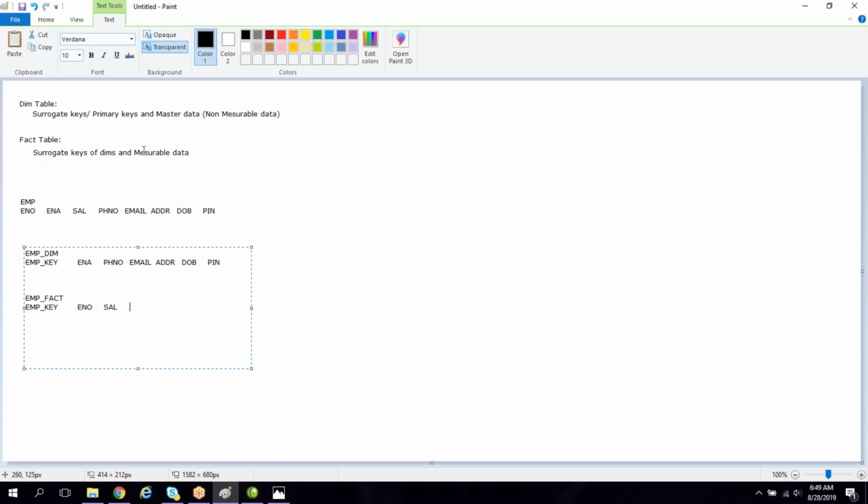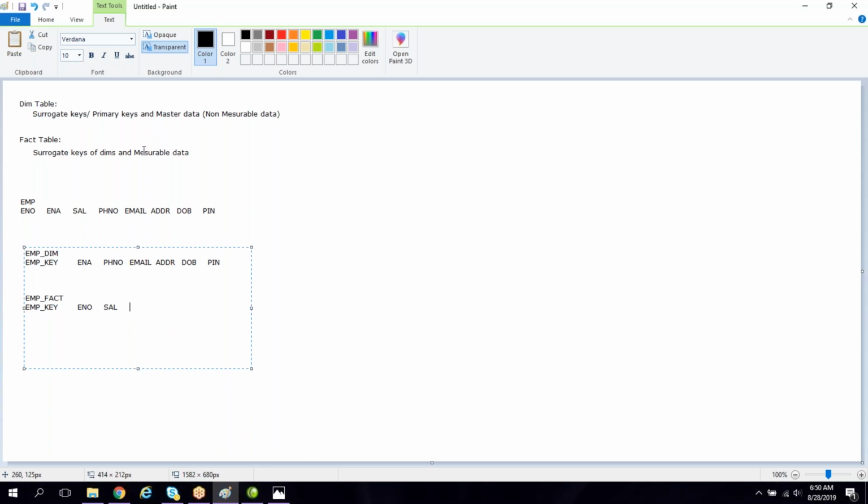Some people will follow the dimension fact model, some people will follow the same relational model to store the historical data in the data warehouse. Why we have the dimension fact model is to improve the performance of the reports. If it is a relational table, it will take a long time to fetch the data for the report. On top of the data warehouse, reports will be generated, right?